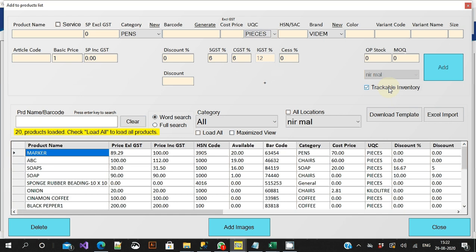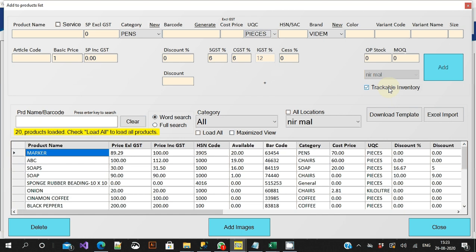So an inventory item which we are about to add is trackable, means that I want to track that particular item. So whenever I make a purchase, I want to put it in the system that this is what I purchased, and when I am selling it, I already have it in stock. So if you have some inventory like some accessories, or say for example you are selling in a grocery shop some green vegetables which actually come, you don't put an entry and you want to sell it immediately, for such items you mark it as non-trackable.